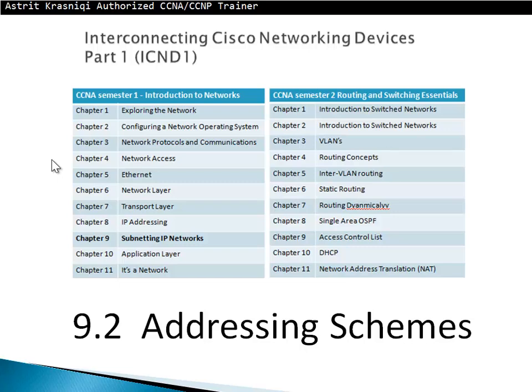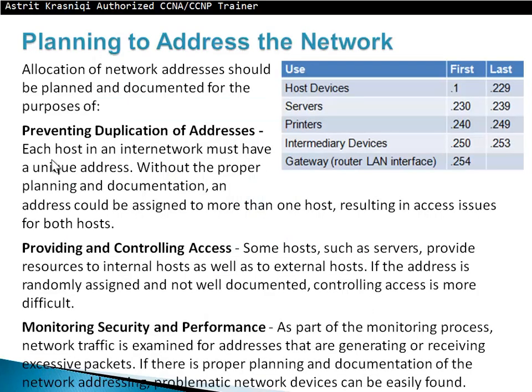Okay, 9.2 addressing schemes talks about planning to address the network. Allocation of network addresses should be planned and documented for the purpose of, first, preventing duplication of addresses. Each host in an internetwork must have a unique address. Without proper planning and documentation, an address could be assigned to more than one host, resulting in access issues